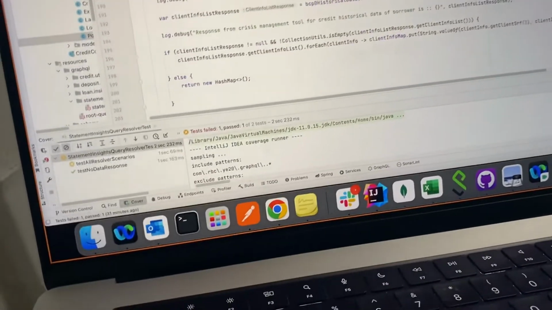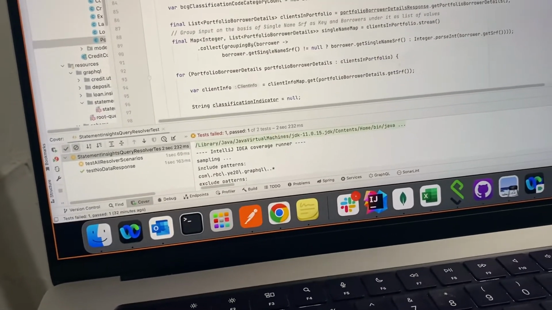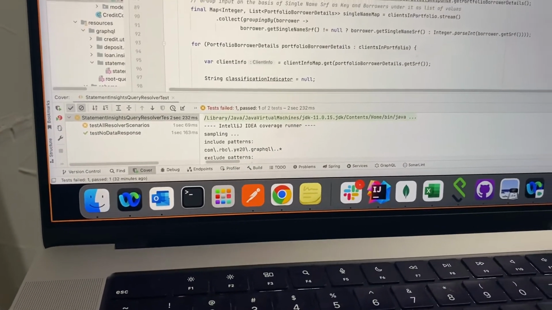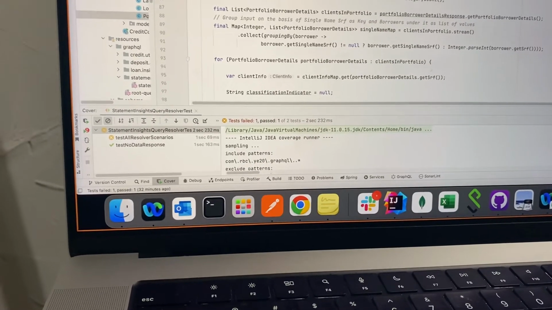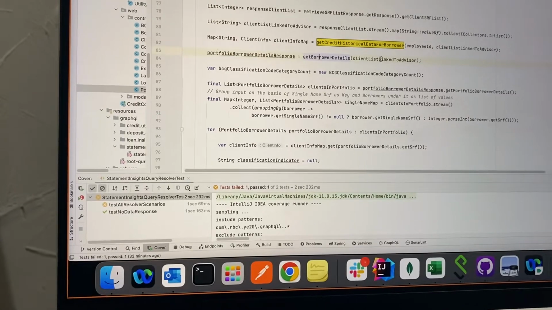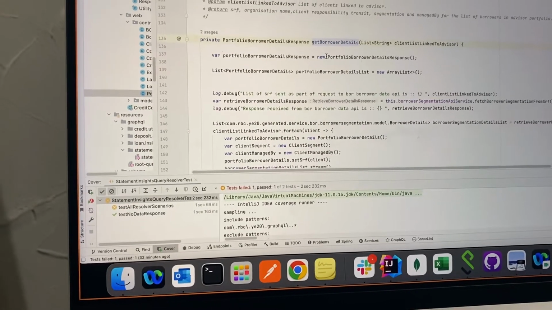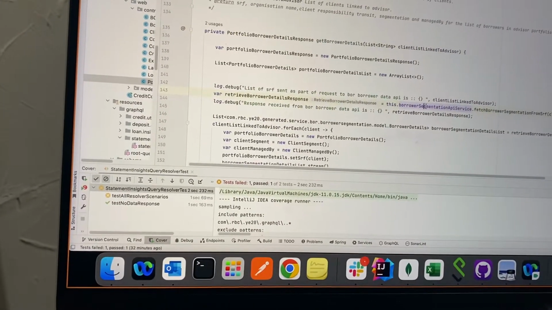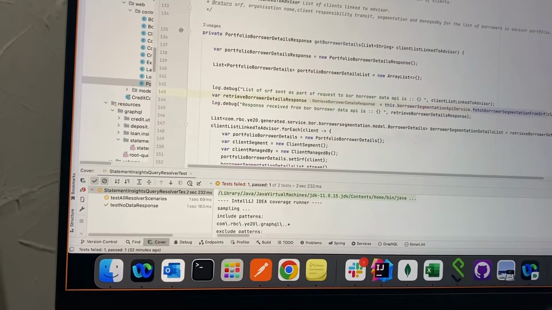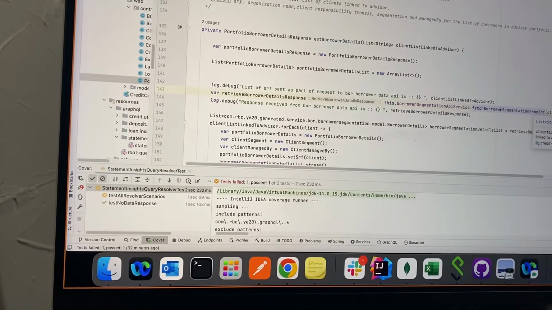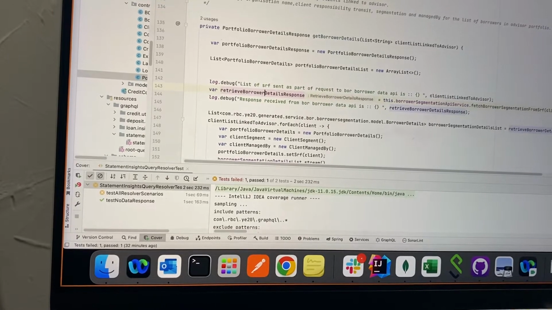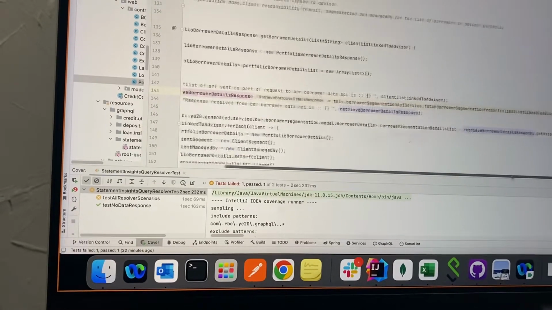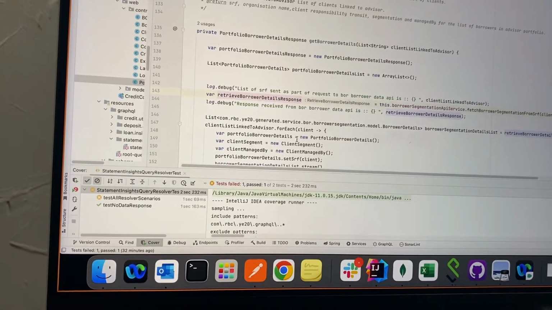Now till here what we have? We got client details. Okay. After client details, with same client SRF, we are getting borrow details. Okay. Borrows. How many borrows are there for this? Here you will see list of borrows. We are passing, there is one another service called borrow segmentation API. We are passing list of borrows, this client list advisor. It is returning response, and from that response, we are again getting client details list. Okay. We have client details list here,